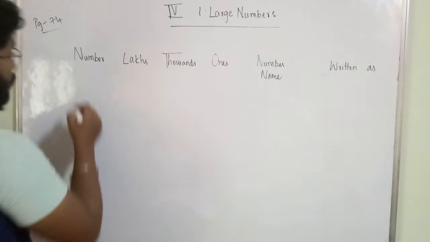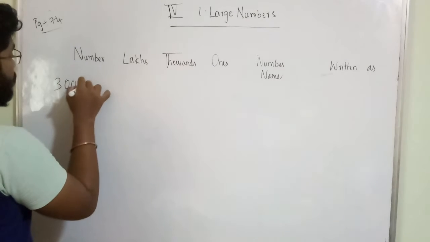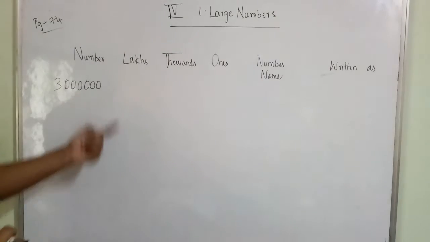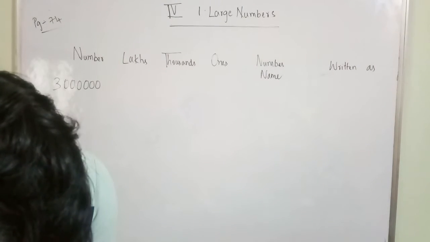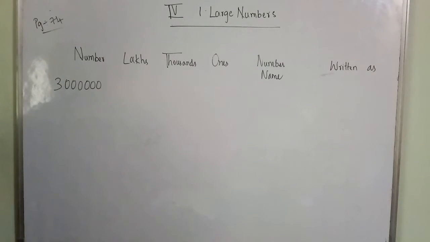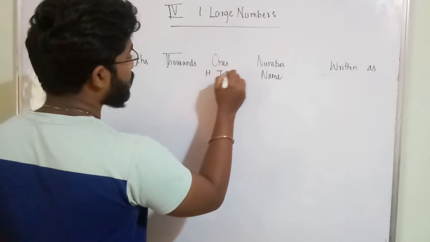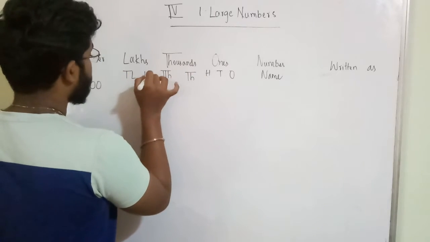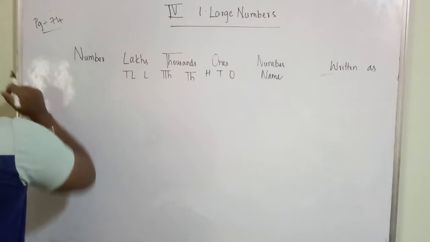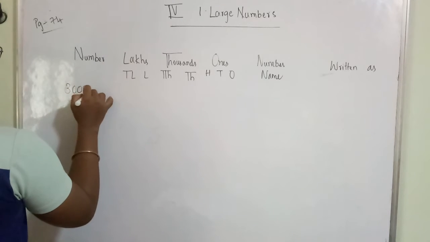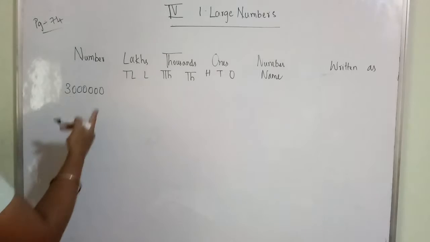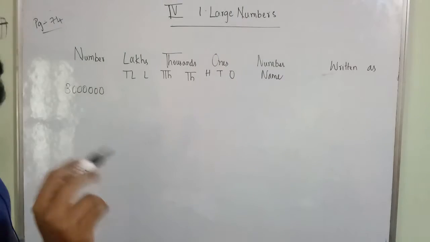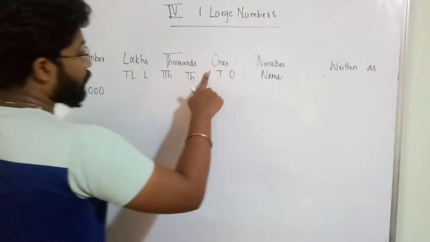So here you are having 3 and 6 zeros. First digit is 3, then you are having 6 zeros. So we don't know the number, okay? So let us see. Here you have hundreds, tens, ones, 10,000s, thousands, and here 10 lakhs, lakhs, okay? So let us try to understand how to arrange this number. Here you are having 6 zeros and 1 digit is 3, so you are having total 7 digits, no? So you have to start